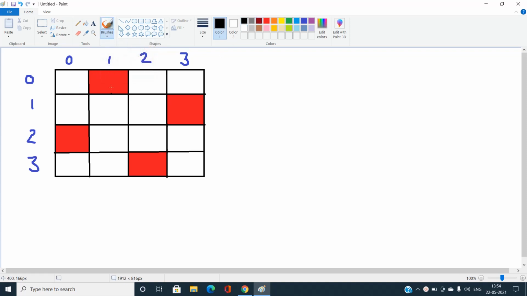That is, this queen won't allow these two positions, these positions, and this position. You can easily see this is not crashing any other queens. And if I talk about this queen at 1 comma 3, it won't allow these positions, this one and this one. It is also not crashing any other queen. And similarly, you can easily check that.